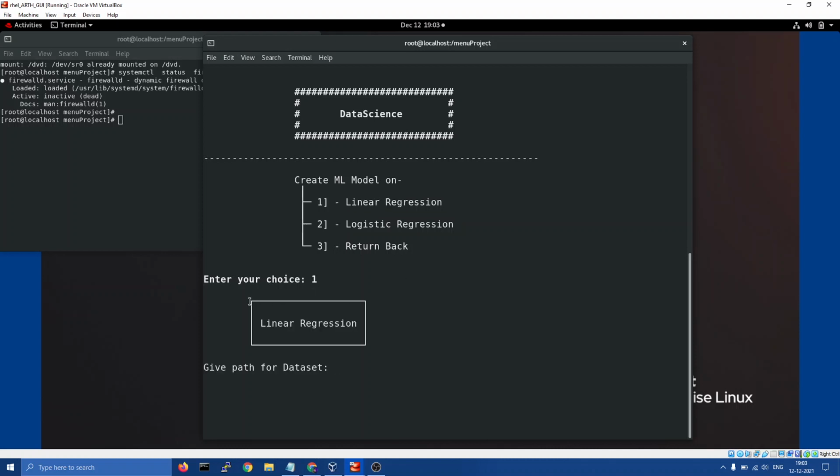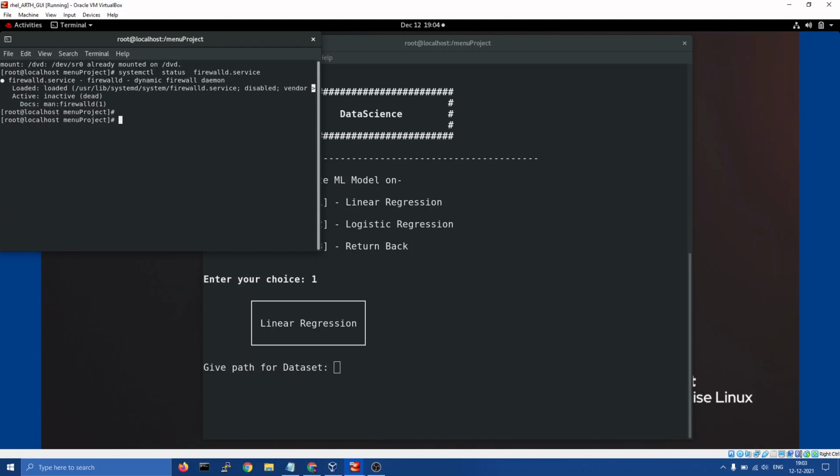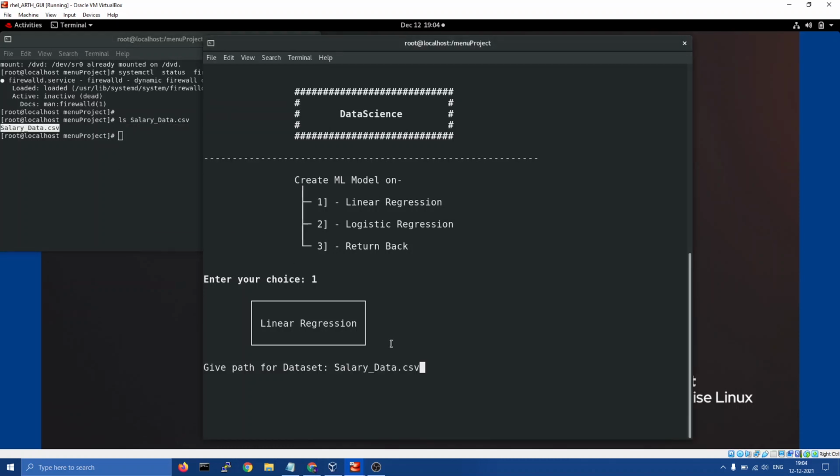Here the linear regression banner comes. Give the dataset path. I have put a dataset in this directory, which is the simple salary data CSV, and I am pasting the dataset name here.